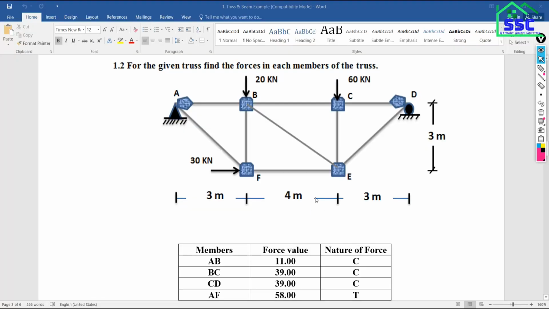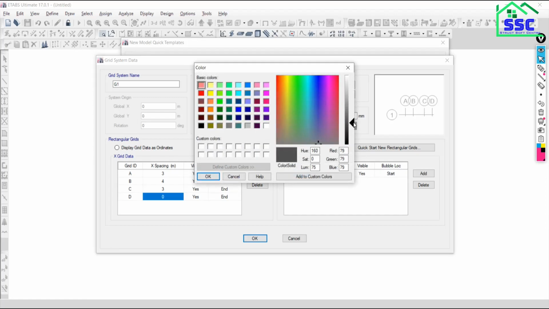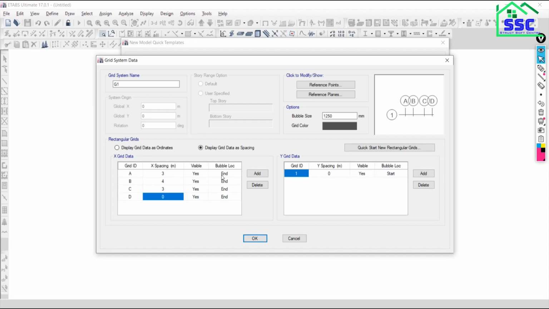In the Y direction we don't need to put any value, just keep it as it is. Choose some dark value so that the grid will be visible. Bubble size I can reduce to 1000, say OK.